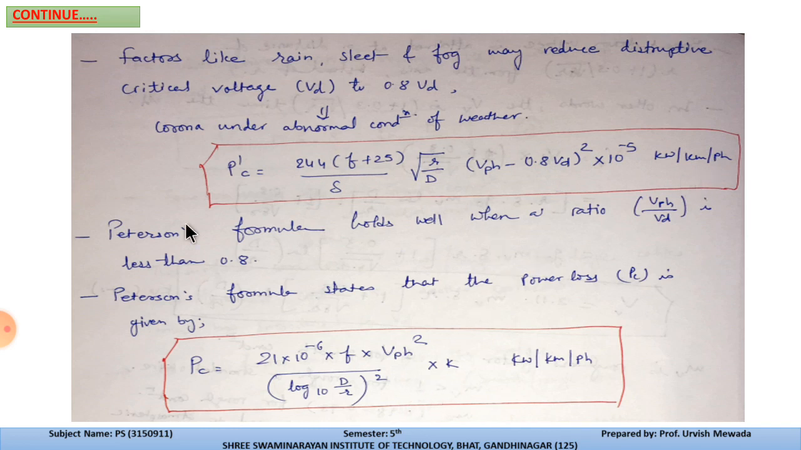Again, here we use Peterson's formula, which holds well when the ratio VPH by VD is less than 0.8. Then Peterson's formula states that the power loss PC is given by, and you need to memorize this for the example calculations, 21 into 10 raised to minus 6 into f into VPH square, in the denominator (log 10 of d by r) square, into k. This k is the factor that depends on the ratio VPH by VD, and for different values of k,